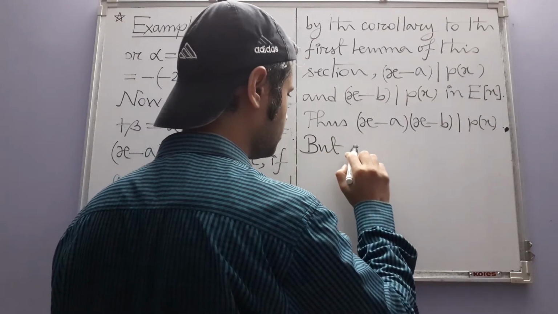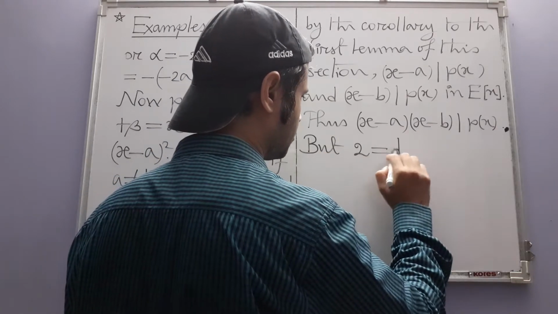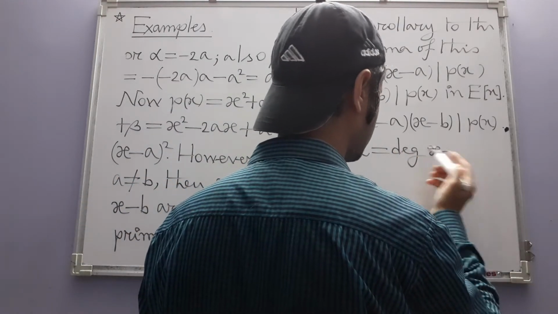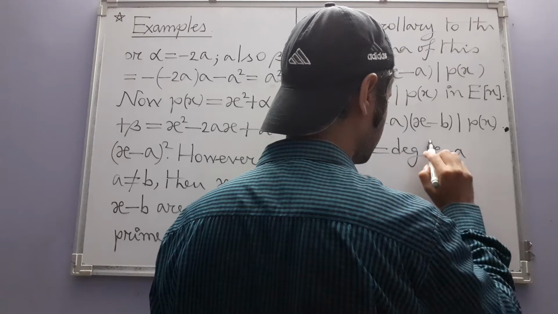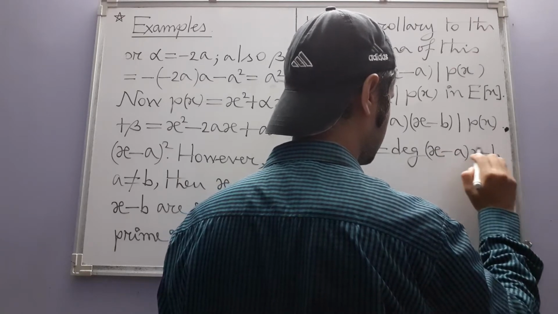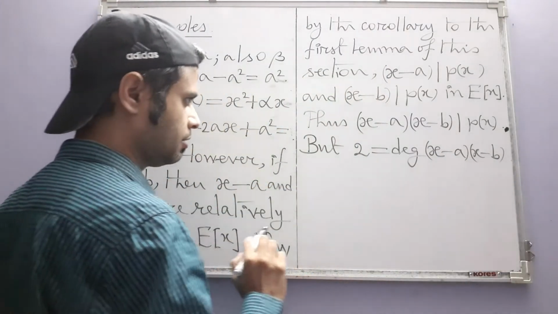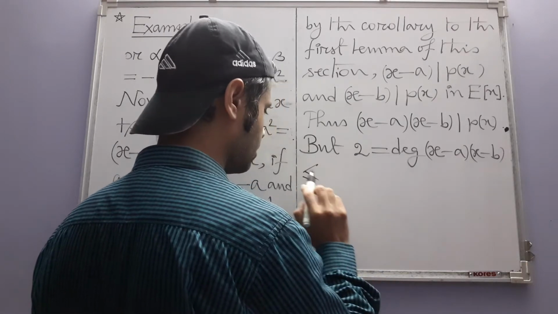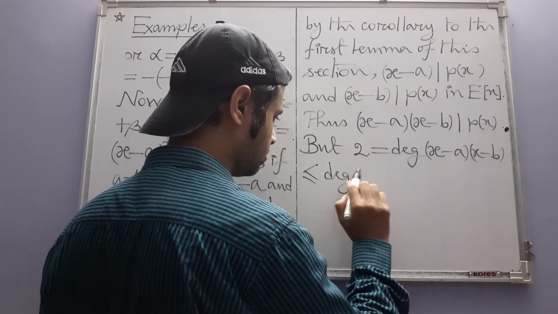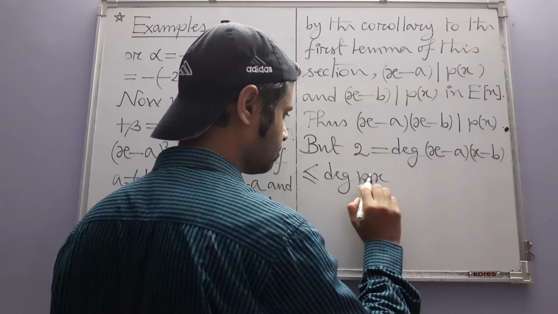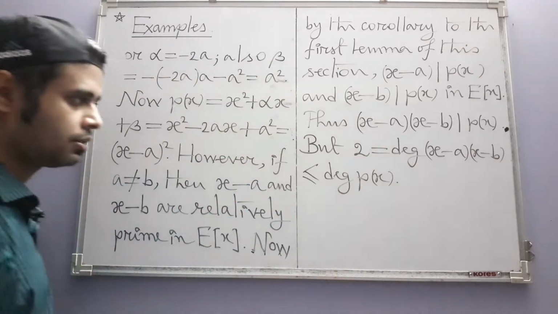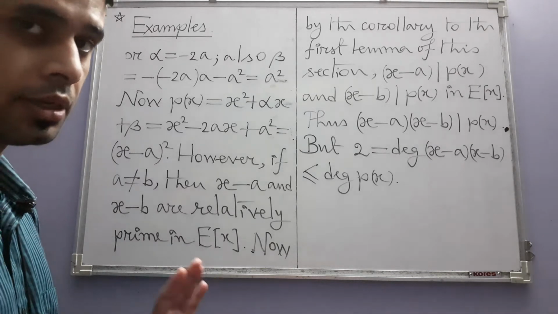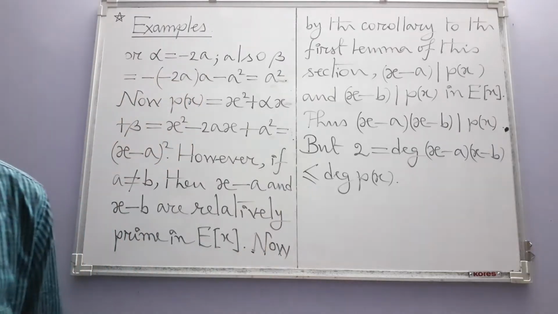But the degree of the divisor is of course 2, and the degree of the divisor is always less than or equal to the degree of our original polynomial. Well, in this case actually it's equal,